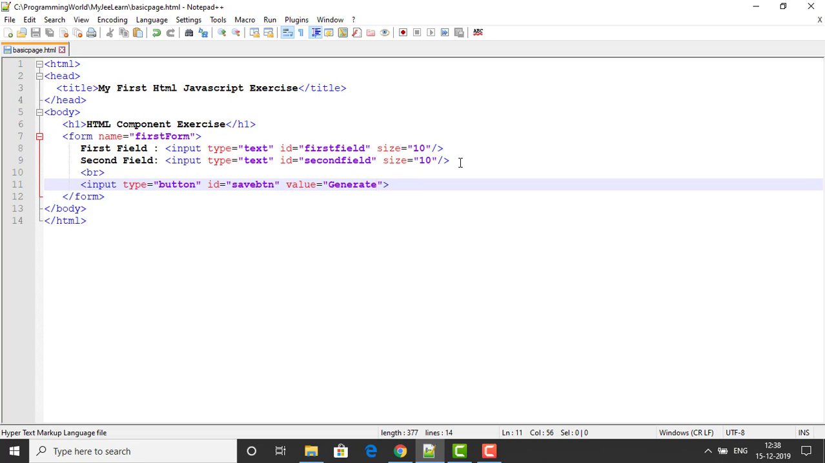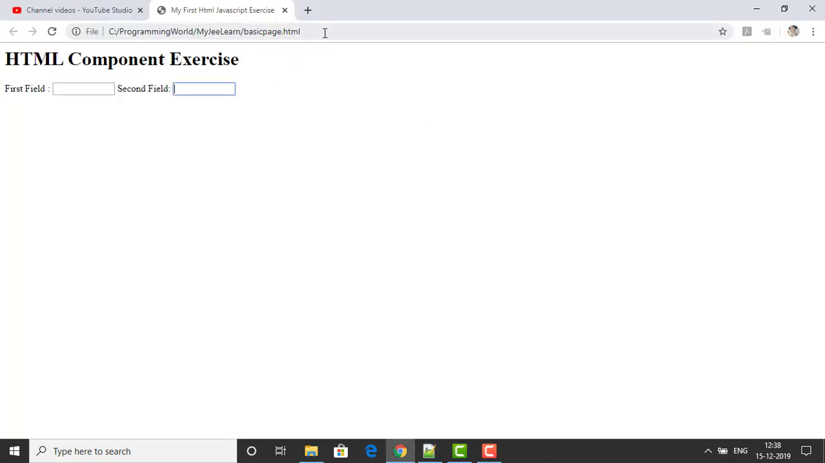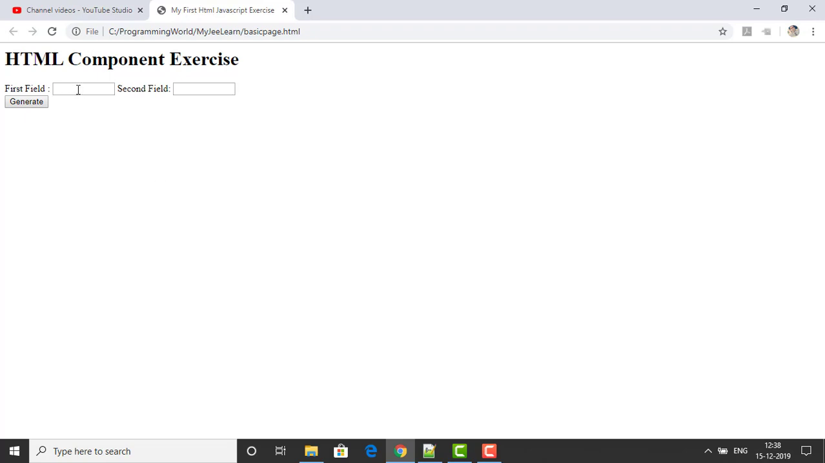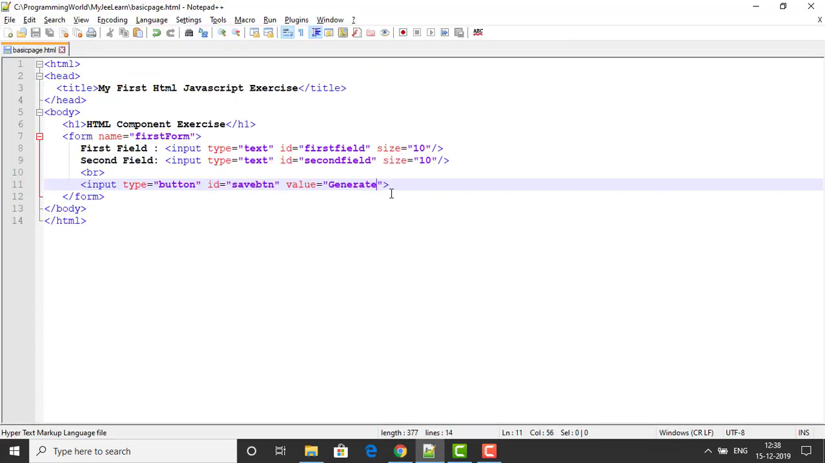So now you can see that the button is generated over here. Now the question is, suppose I want to fill the first field and second field, click on generate, and then access the value of the first field and second field. How will I be able to do that? On click, I want to do it. So there is one property called onclick,